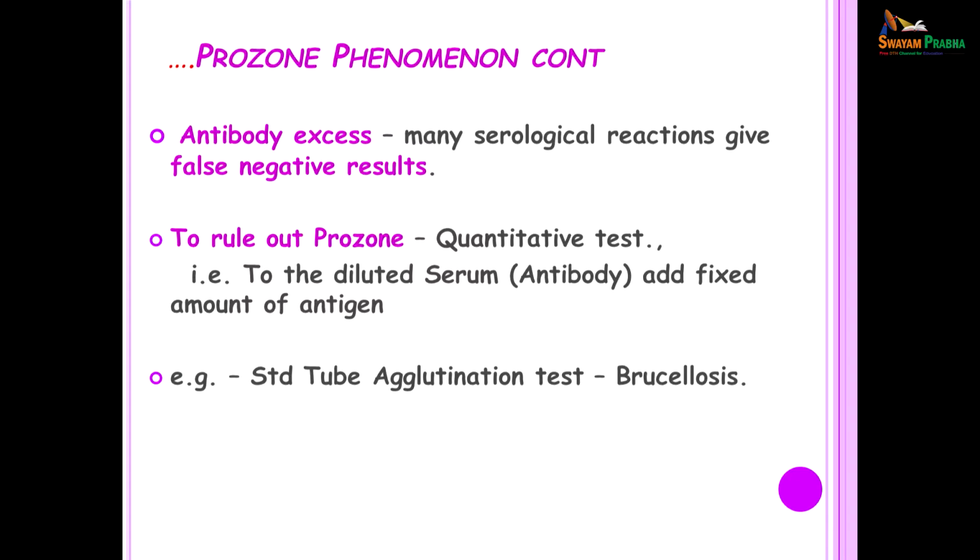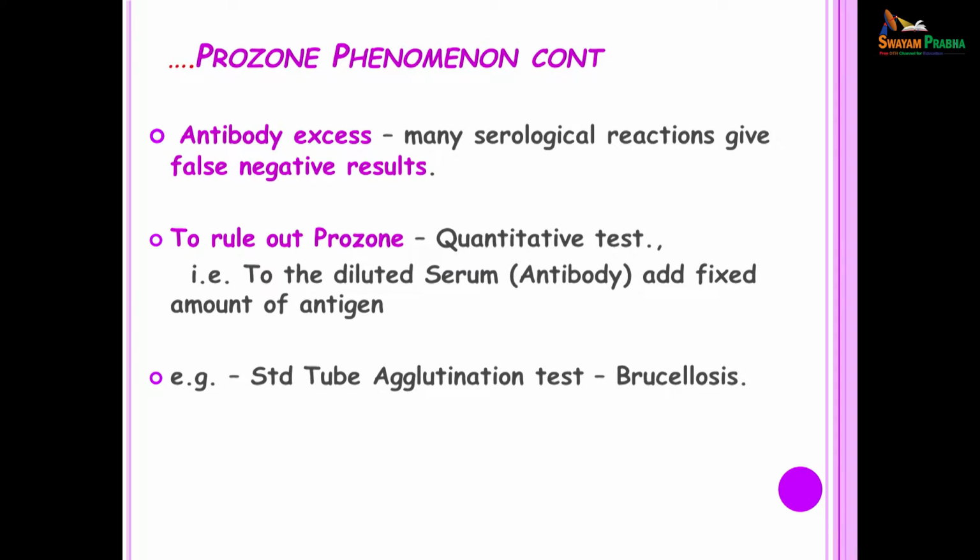We do what we call a quantitative test. What is a quantitative test? In a regular test, which we call a qualitative test, we put a drop of the patient's serum to a drop of antigen and look for a visible reaction. Now, to rule out the prozone phenomenon, we take the patient's serum, prepare dilutions of that serum